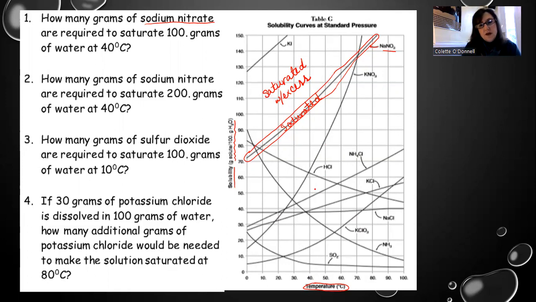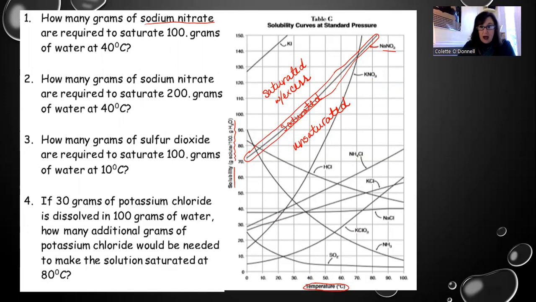Only if you are told that very particular things have been done. So if you heat up that solution and you get all this excess to remain in solution when you drop it back down in temperature, only then would you be supersaturated. So 9 times out of 10, you're simply saturated with excess undissolved solute particles up in this area of the graph for sodium nitrate. If you are beneath the line for sodium nitrate on this graph, you are going to be in a situation where you are unsaturated and you could fit more solute into solution and get that to